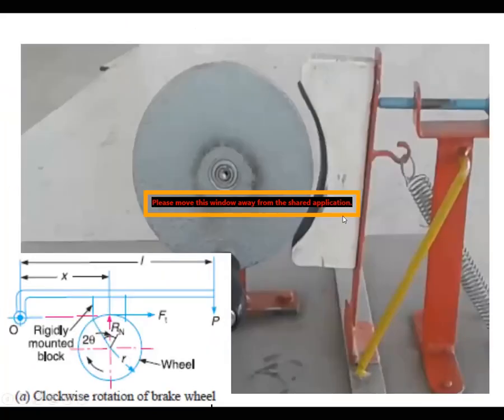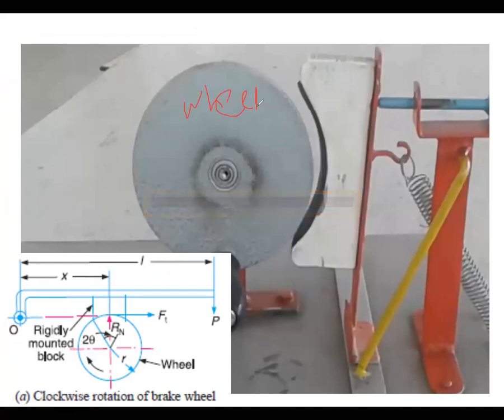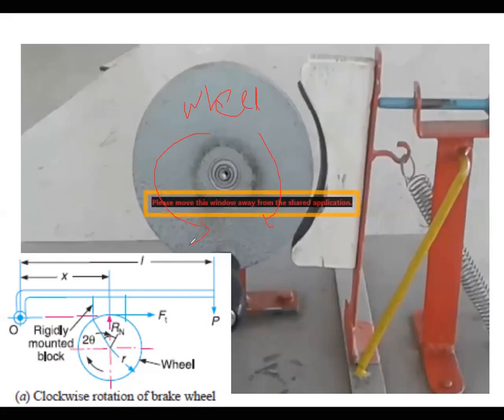Now you can see the diagram here. Last class I also showed you a video, and I have taken a shortcut from that video diagram. Here you can observe that this is the rim, or the wheel. When the wheel rotates in either clockwise or anti-clockwise direction, we can take both directions, forward and reverse. Let us consider one direction, the forward direction. When the forward direction is taking place, it is revolving in this direction.